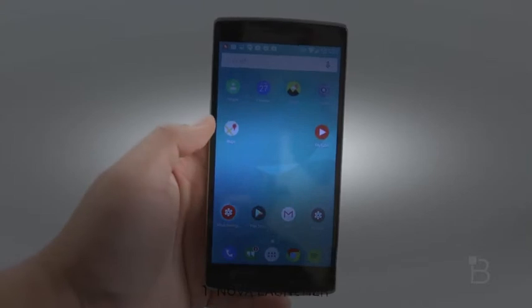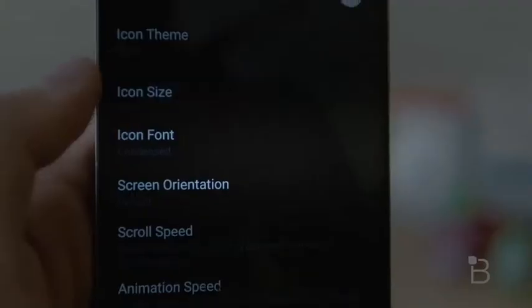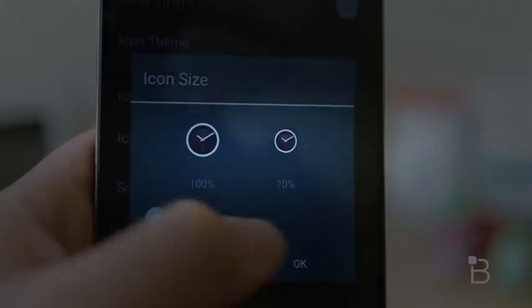Check that out, because the first one on the list is Nova Launcher Prime. This is my go-to launcher and it's one of the lightest and most feature-packed launchers out there. It offers tons of customization options like transition animations, and you can use icon packs from the Google Play